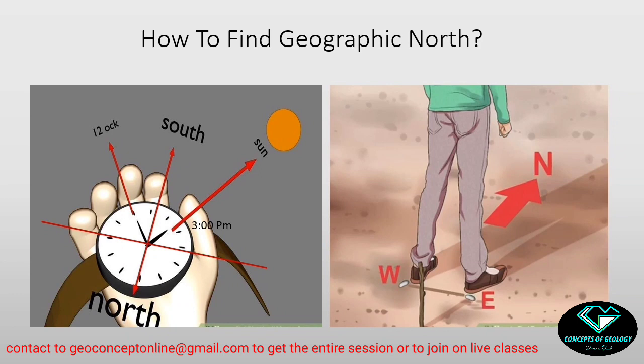So we have understood a lot of things about the magnetic compass, but now the problem is how to find the true north or the geographic north, because I have a magnetic instrument in my hand which is always going to be directed towards the magnetic pole of the earth. But in the map I have latitudes and longitudes drawn, or I have a north arrow which is actually indicating towards the true north, the geographic north, okay. But my compass is directed towards the magnetic north. So how can I find the geographic north, by this compass or by any other method?